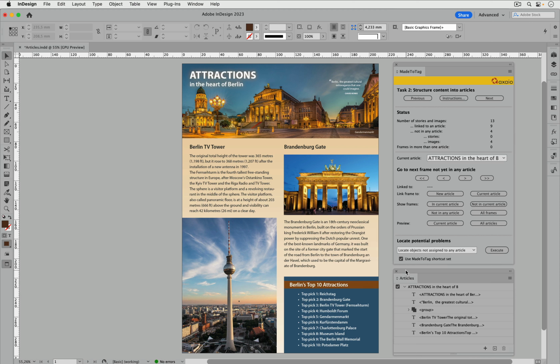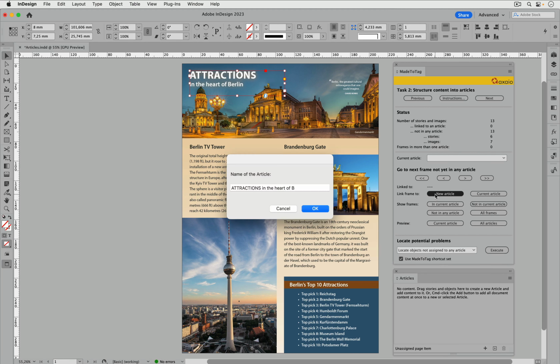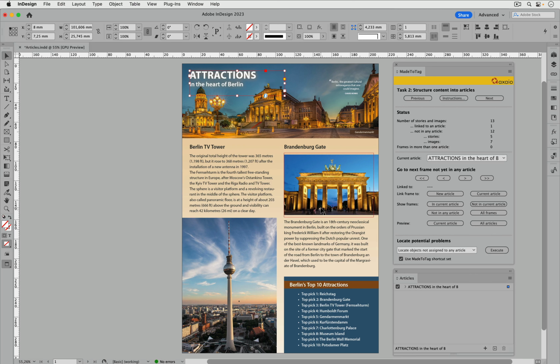Finally, I will show the article assignment step by step. To do this, I will delete the already created article and reassign the items. In the status, I see now that no object is assigned. Next, I'll select each frame in the natural reading order and assign it to the article. I'll select the first frame, in this case the headline, and choose Link Frame to New Article. Matotek then suggests an article name, which I confirm. So I go from frame to frame and include them in the created article.